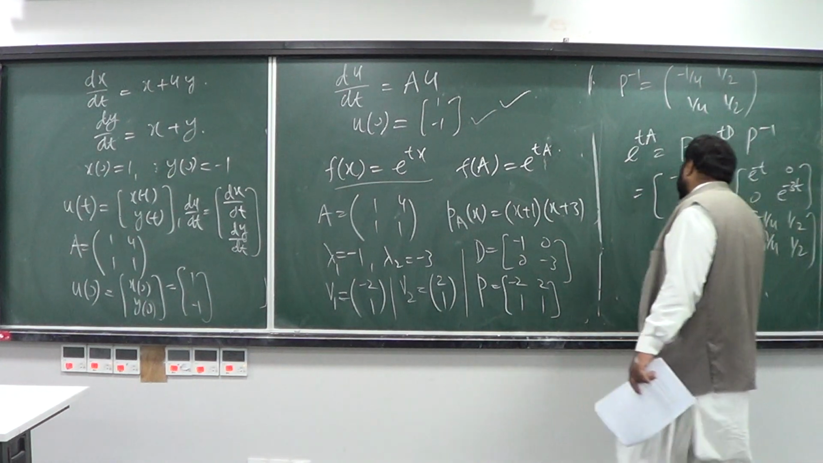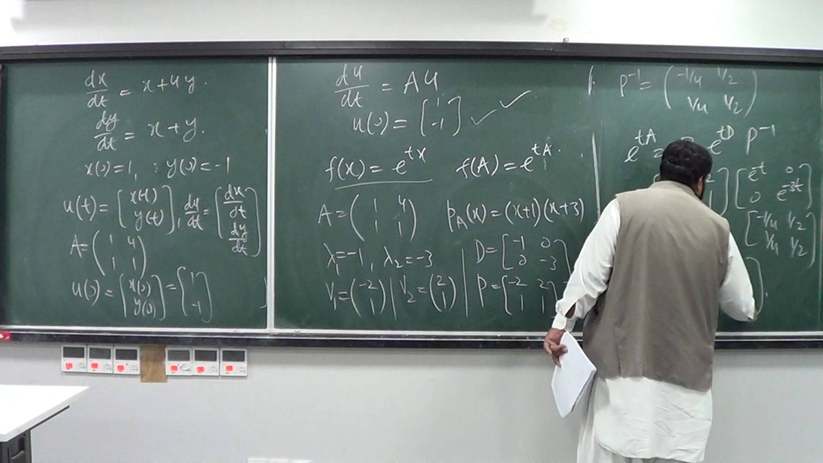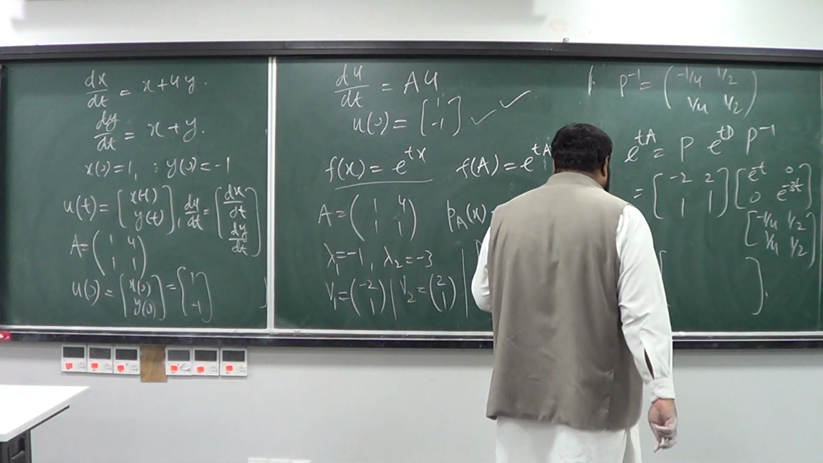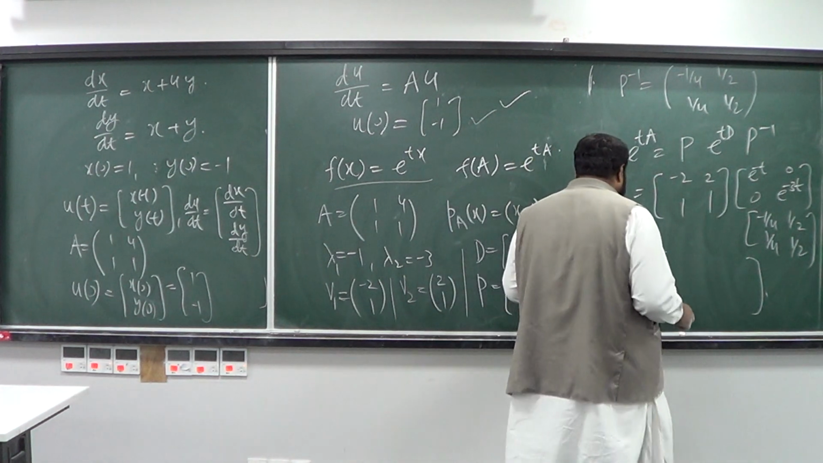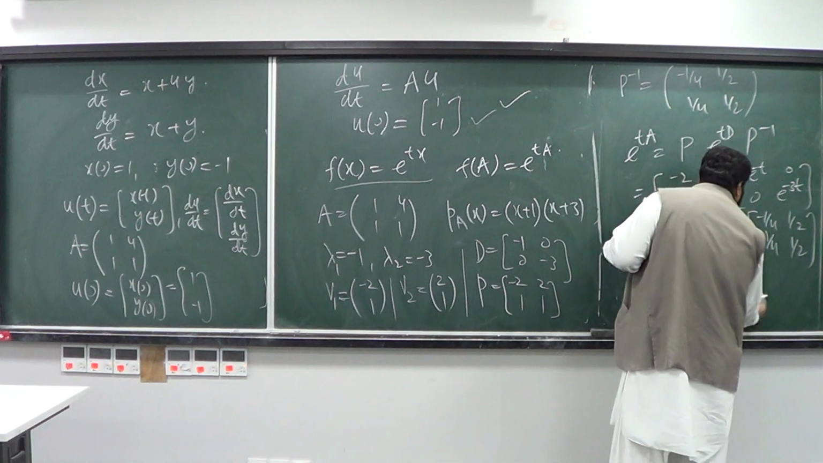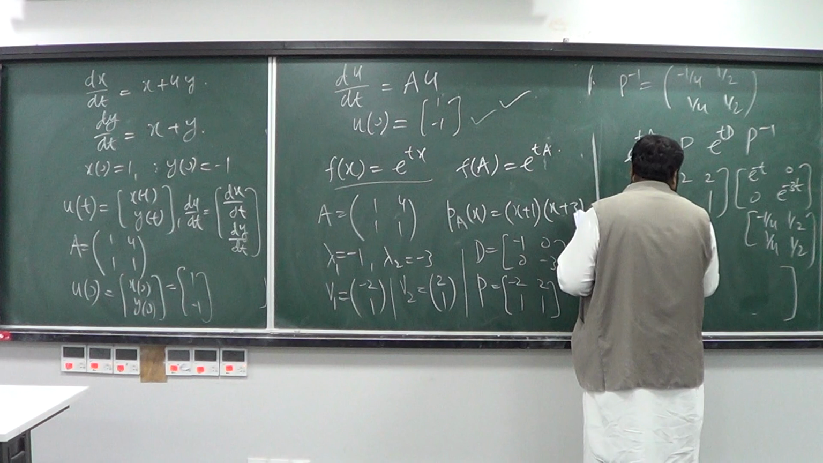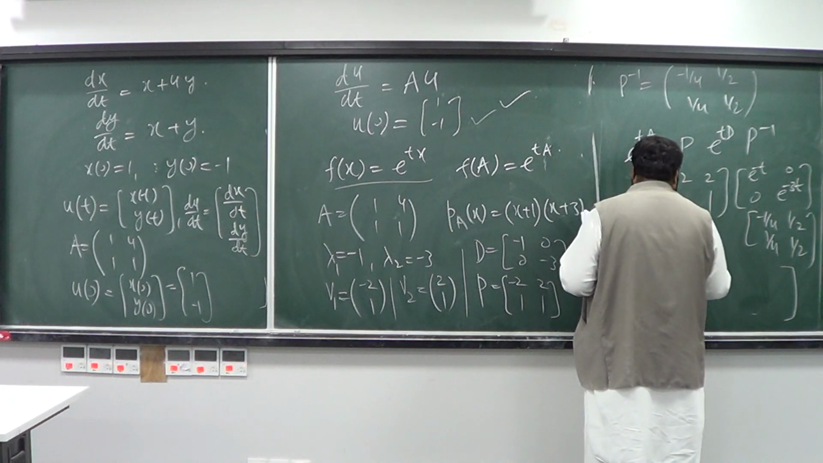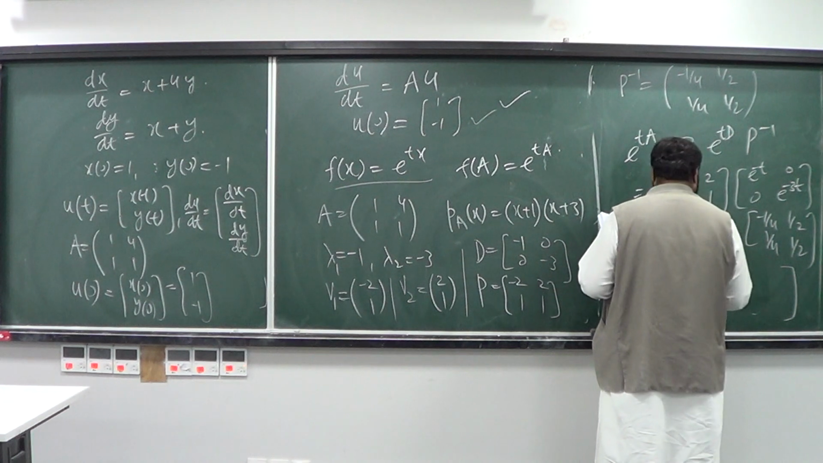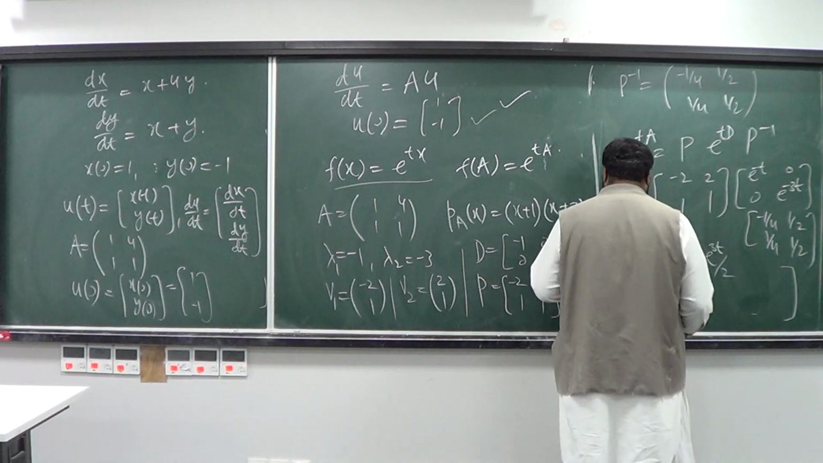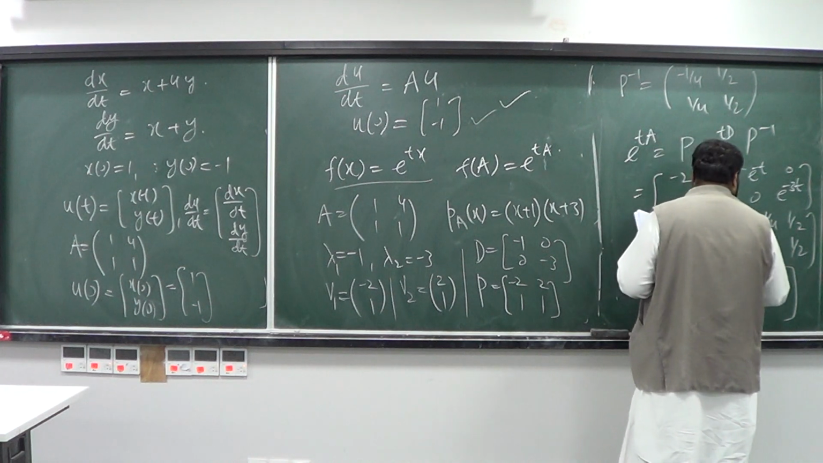Once you have this, you can multiply all these three matrices and you can get e to the tA. The matrix e to the tA that you're going to get is going to look like this, just writing it directly. e to the -t divided by 2 plus e to the -3t divided by 2, negative e to the -t plus